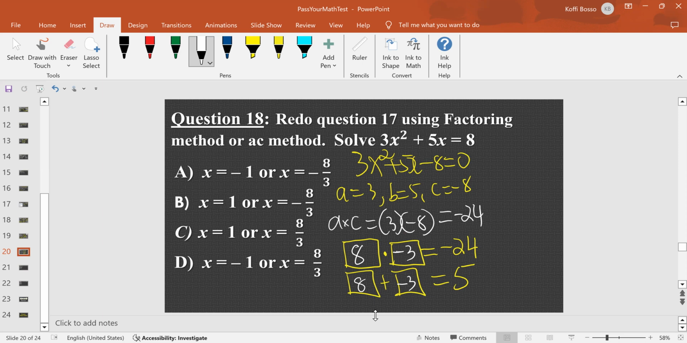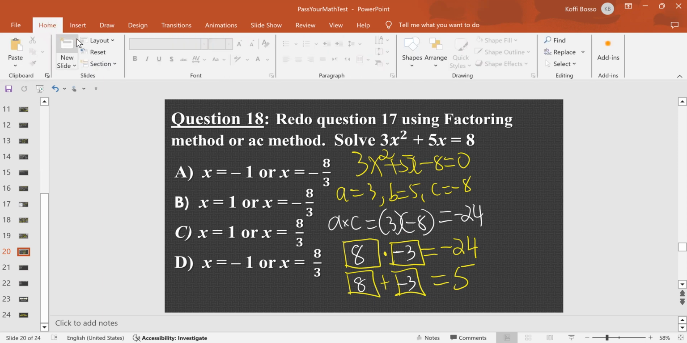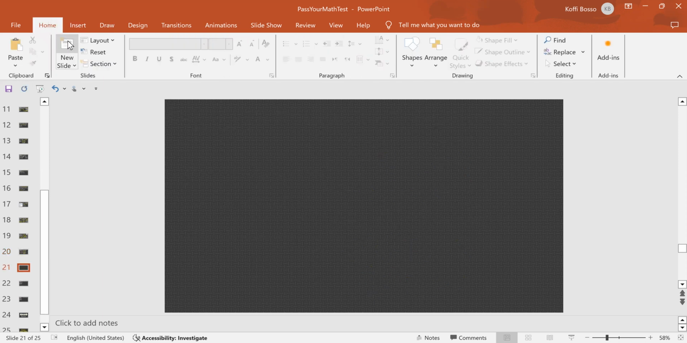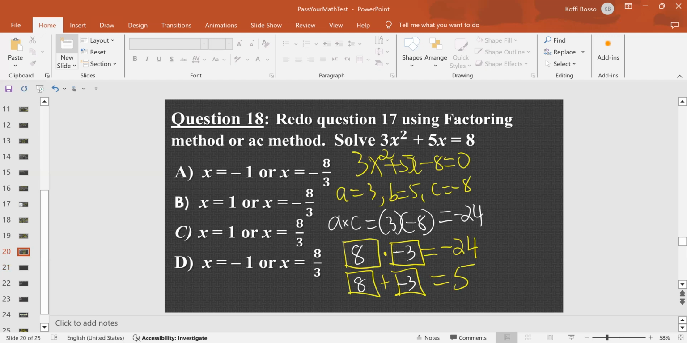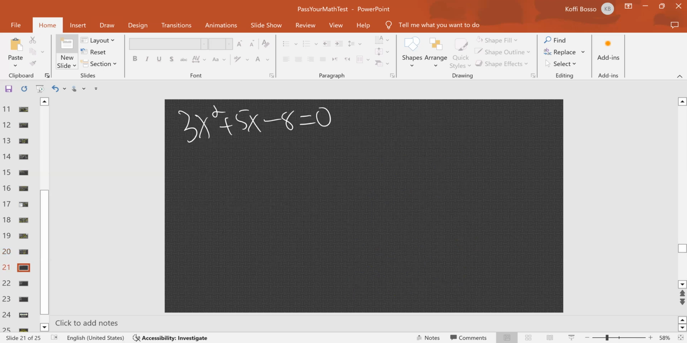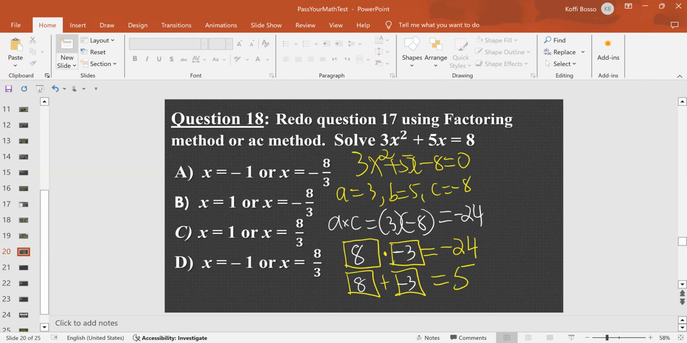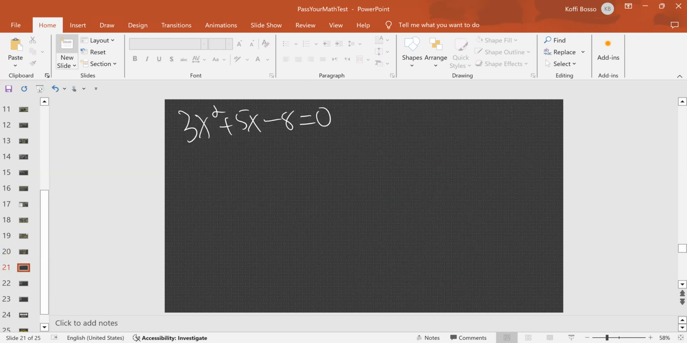So now, when you have the two numbers, you're going to rewrite the expression. For that, let me use a different page. Okay, so here, I will try to rewrite my expression. Before, I have 3x squared plus 5x minus 8 is equal to 0. Double check. Okay, 3x squared plus 5x minus 8. Okay, now, after we find the two numbers, which are what? 8 and negative 3. The two numbers 8 and negative 3. That means I'm going to rewrite this